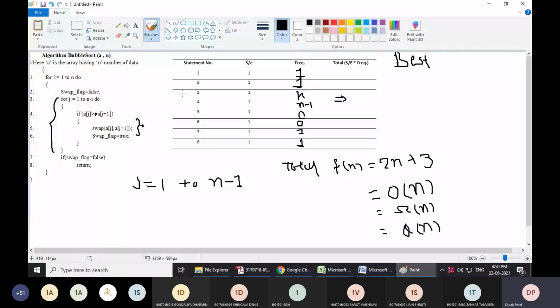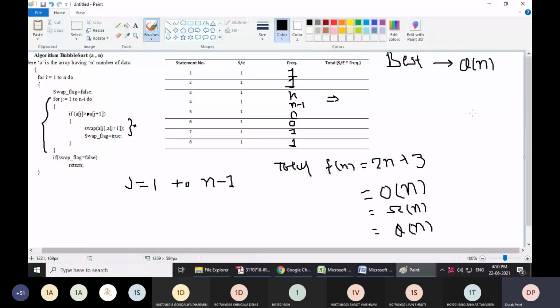And on what kind of input will it have the base case? On ascending order, on same order data. You can say particularly that if you want to arrange in ascending order, then ascending order data will be the base case. कि जिस ऑर्डर में आपको सॉर्ट करना है वो सेम ऑर्डर के डेटा होंगे, तभी उसका बेस्ट केस होगा. Right? So this is base case analysis of this algorithm.